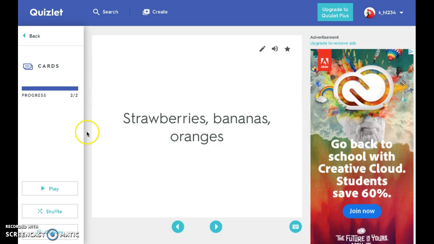So you can play these. You don't have to click it to flip it. You have the option to play, and it will go through and play each of your study sets. You can shuffle them so that they're not in order. Really, really neat. So I'm going to go back,